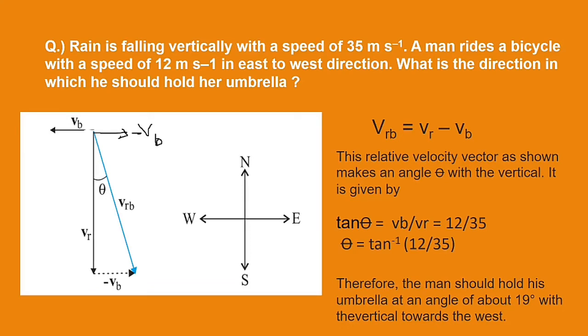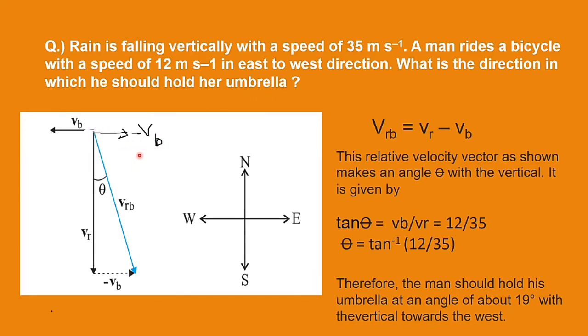So you should be able to see the direction and you know the formula. I want to find the direction of rain with respect to man. That should be clear to you. The person with respect to which I am finding, I have to bring to rest. It means I have to take the negative of that, then only this person will come to rest. B is written for bicycle, R is written for rain. So I have to bring the bicycle to rest to find the direction in which he should hold his umbrella.